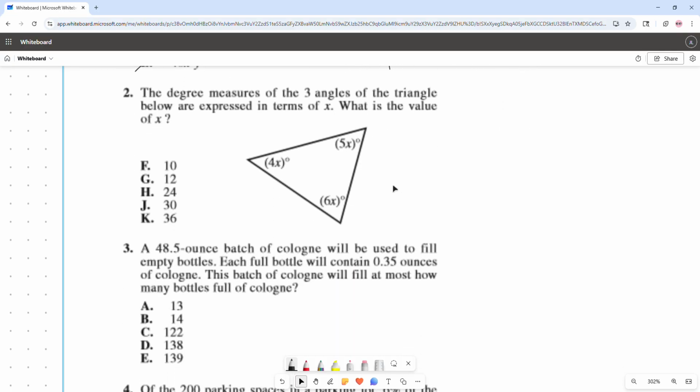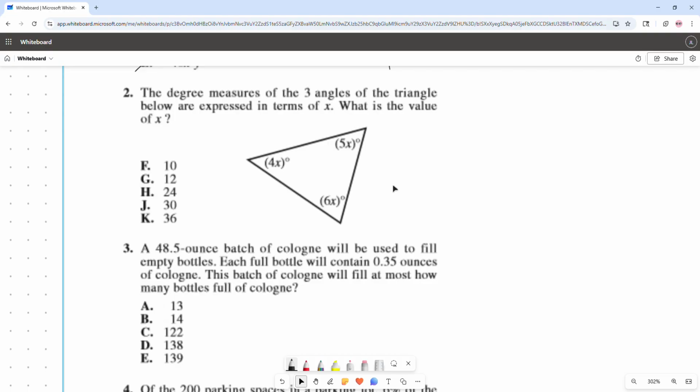So question 2 is, the degree measures of the three angles of the triangle below are expressed in terms of x. What is the value of x? So we have angles 5x, 4x, and 6x. So to solve this, we need to know the rule. And the rule is